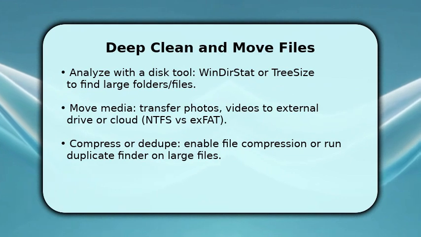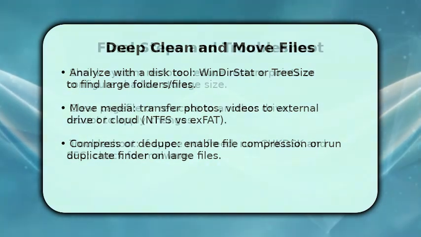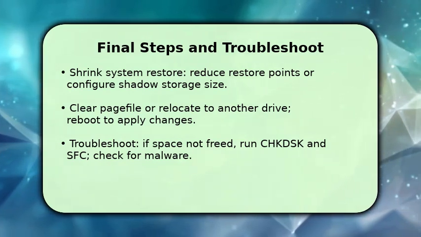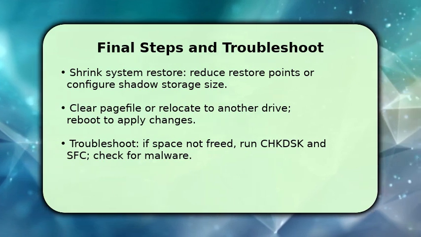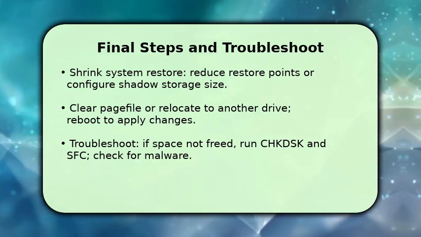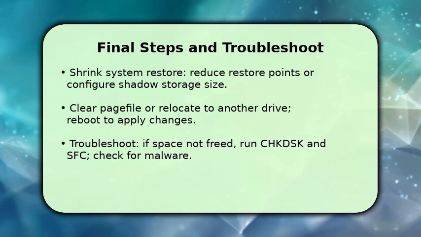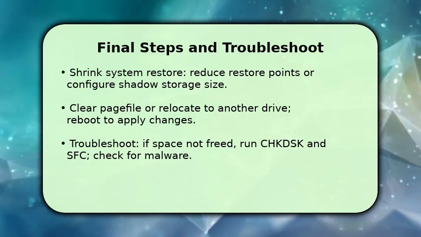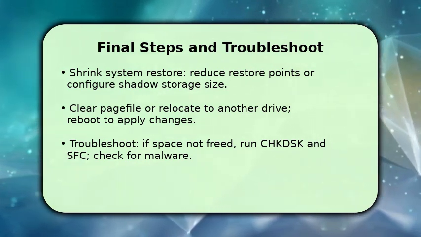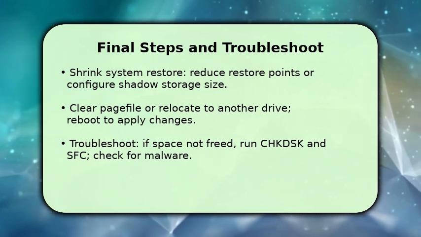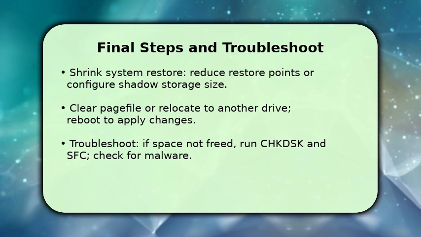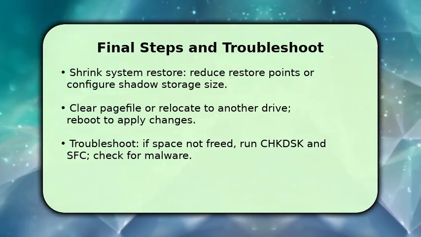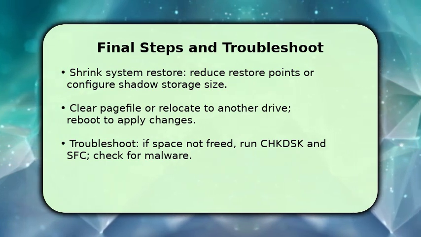Finish by reclaiming system-managed allocations. Reduce system restore shadow storage or delete old restore points. Then relocate or resize the page file if another drive is available and reboot to apply changes. Run Disk Cleanup again with system files included to remove Windows Update and upgrade leftovers. If space still appears unchanged, run chkdsk and sfc to repair file system errors and scan for malware that generates hidden files. If an operation fails, note the